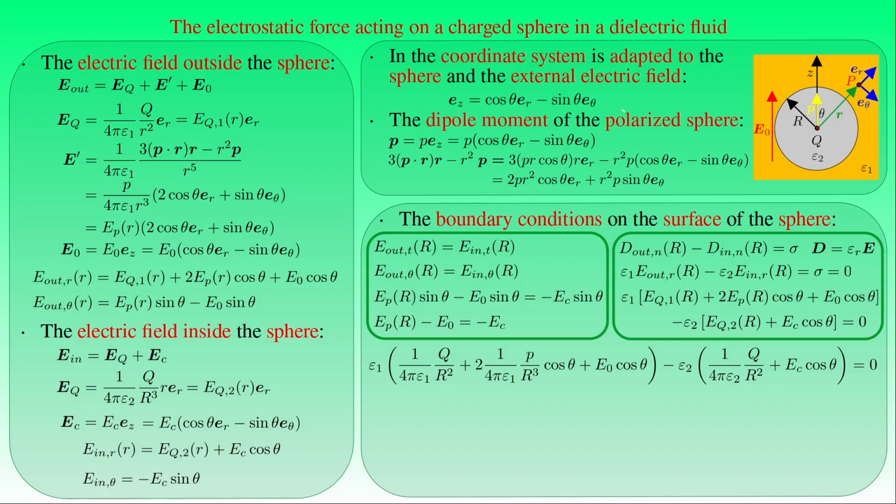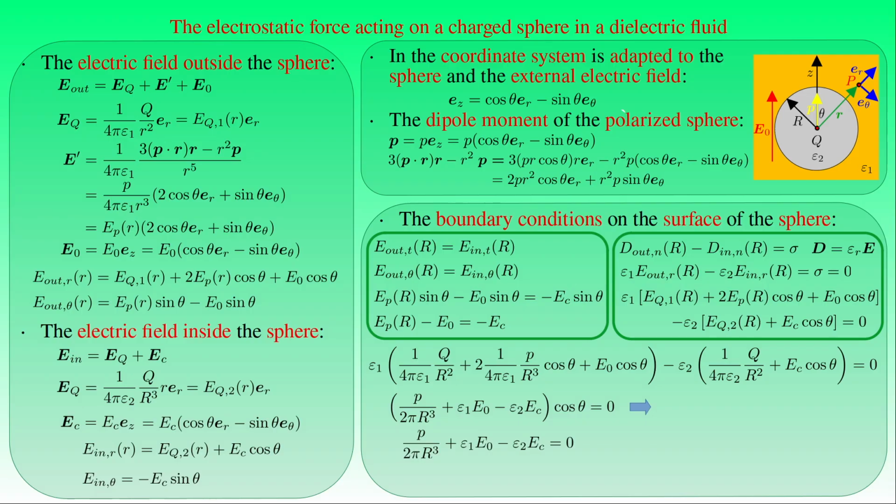If we expand the parentheses, we can see that the terms containing the charge Q cancel out each other and the equation can be reduced to the form, stating that the quantity of P over 4 pi times capital R cubed plus epsilon 1 times E naught minus epsilon 2 times EC multiplied by cosine theta, is equal to 0. This equation must hold true across all angles theta around the sphere, that is, the quantity in the parentheses must